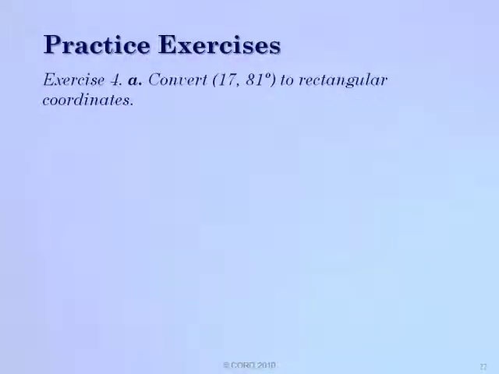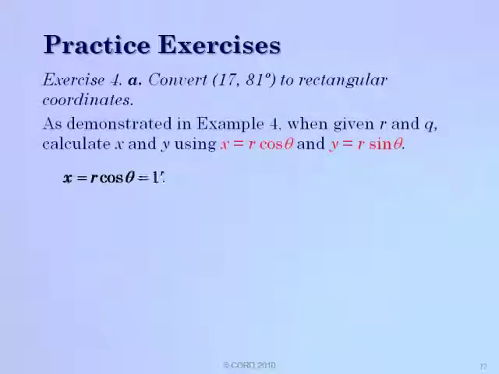Now, exercise 4 asks you to do some practice conversions from polar to rectangular coordinates. So let's convert 17 at 81 degrees to rectangular coordinates. Well, as you saw in example 4, you'll use the relationships x equals r cosine theta and y is equal to r sine theta. So we'll substitute our values for r and theta into our expression, 17 cosine of 81 degrees, and evaluate that to be 2.66. And if y is equal to r sine theta, then that would be 17 times the sine of 81 degrees, which would be